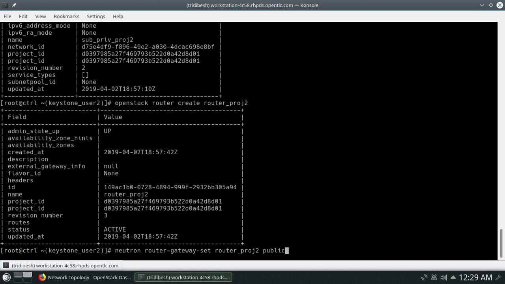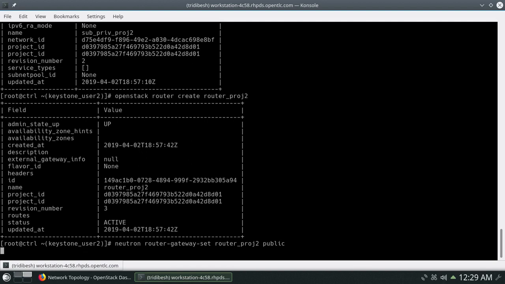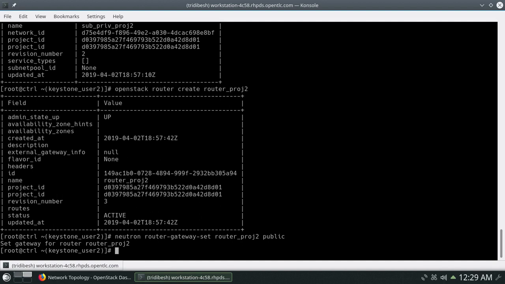So here the command is neutron router-gateway-set. So we are setting the gateway for router_project 2 which you created, and we are using the public network as the external network. So let's run that. So it's been set as the external gateway.